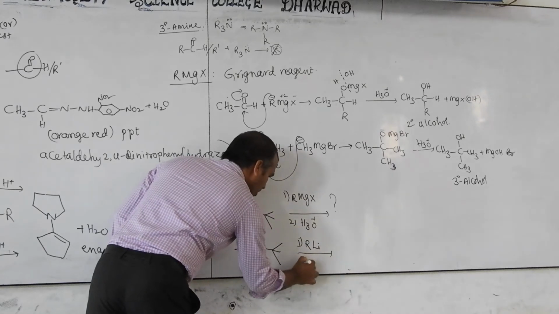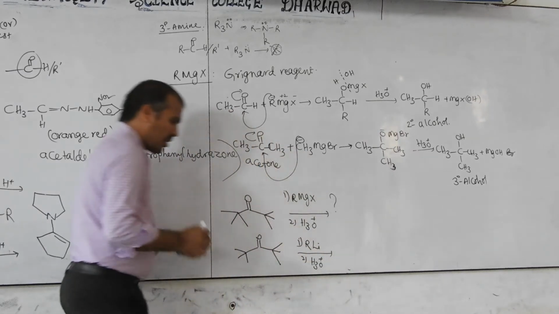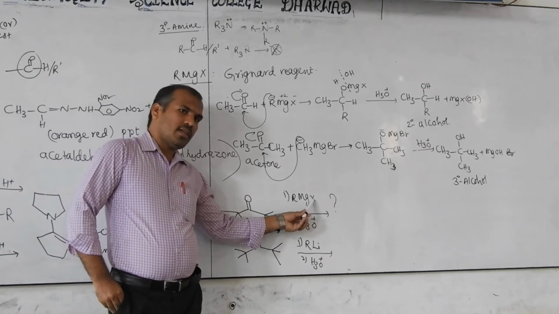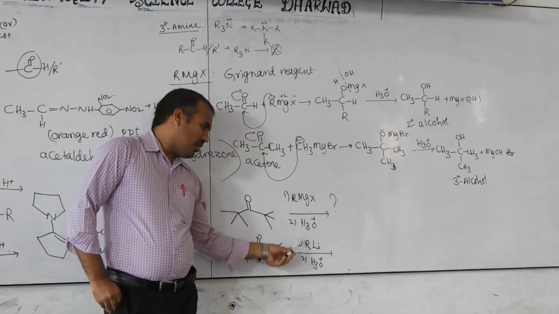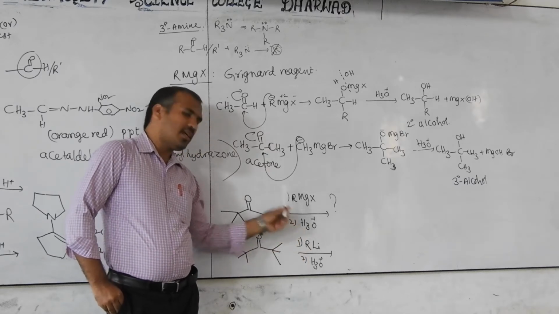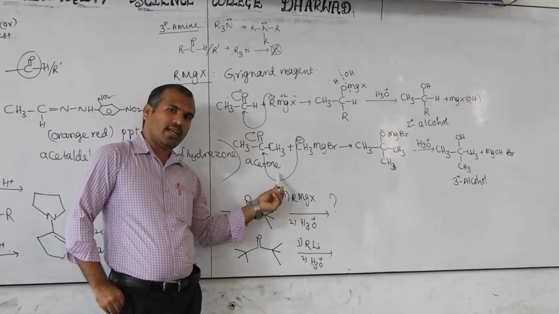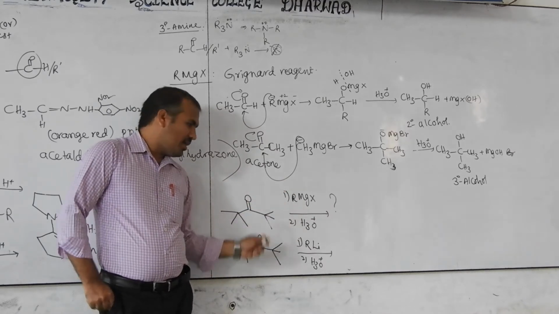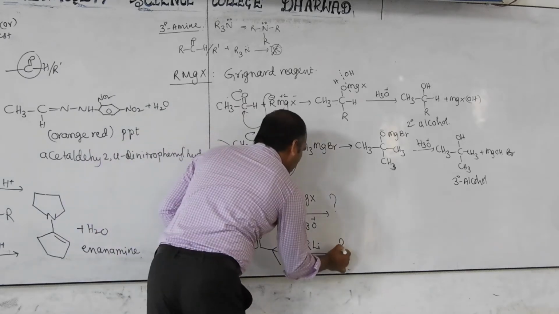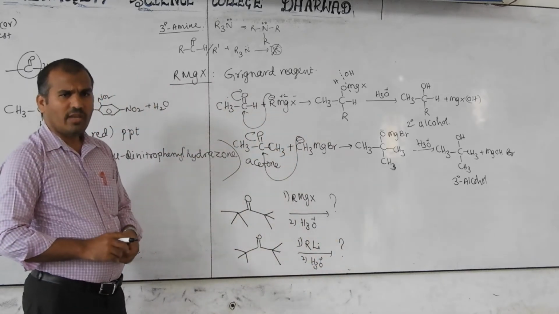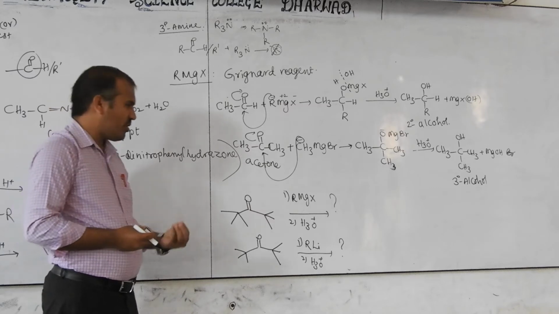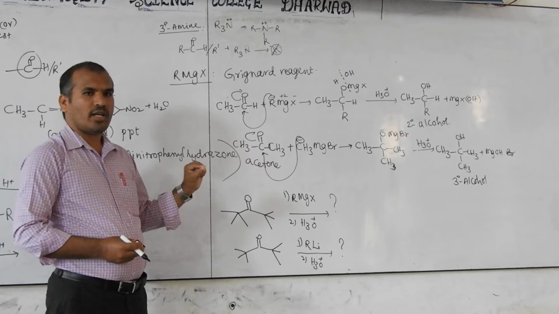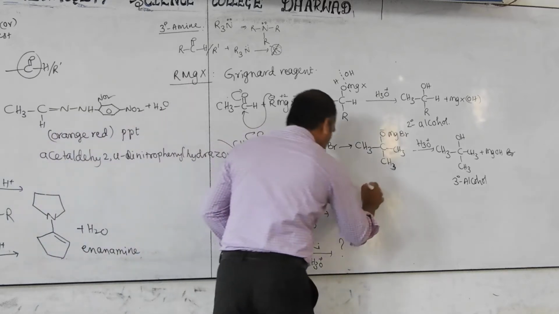RLi is the first step. The second step is acid hydrolysis. Because I already told you somewhere what type of reaction the Grignard reagent gives. That is the same here. RLi also shows the reaction like RMgX. In the previous section I already explained the preparation of aldehydes and ketones. But here, what is the product formed? Is formation possible or not? If not possible, what is the reason? If possible, which type of product is formed? Is any other product formation there? You have to check. Next one.